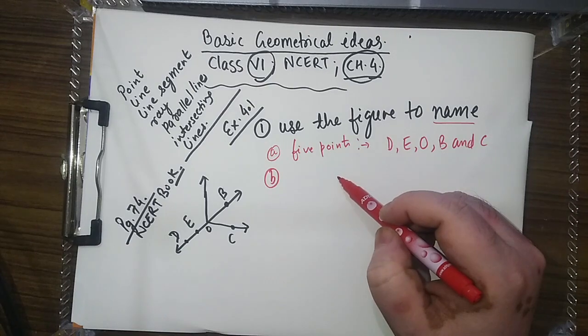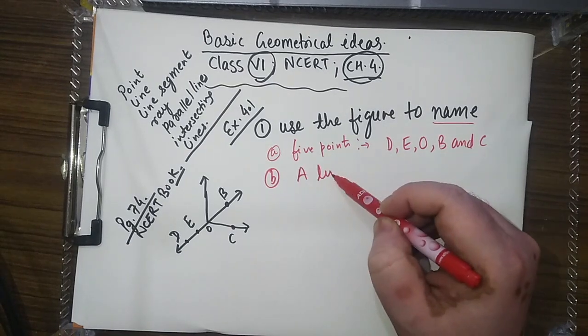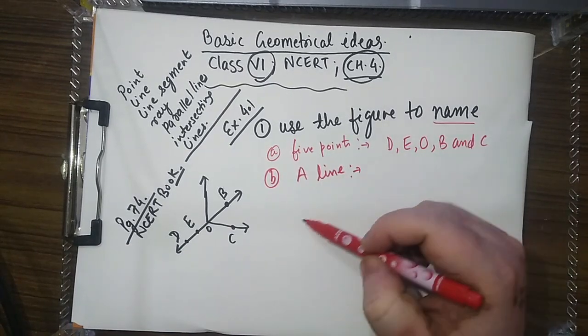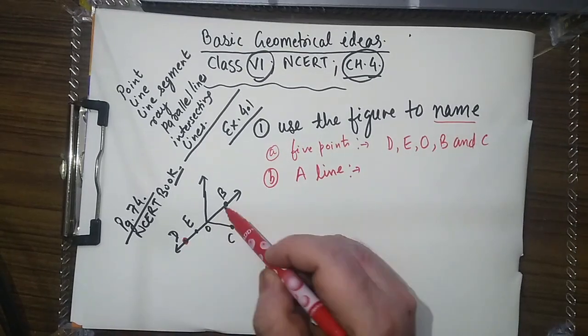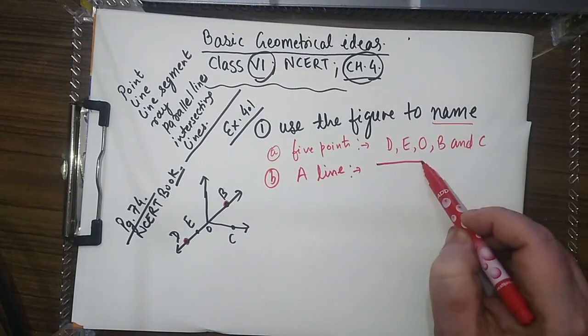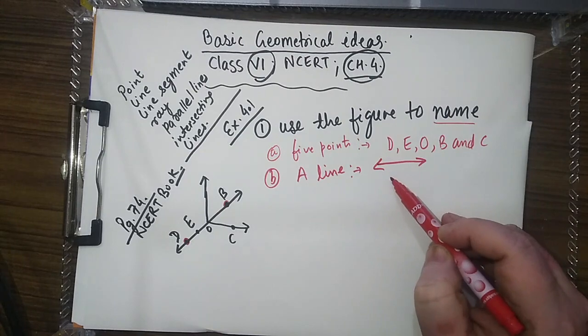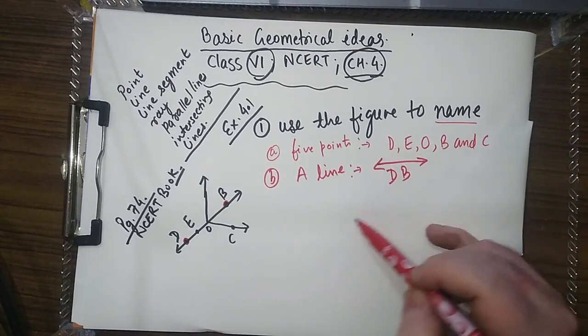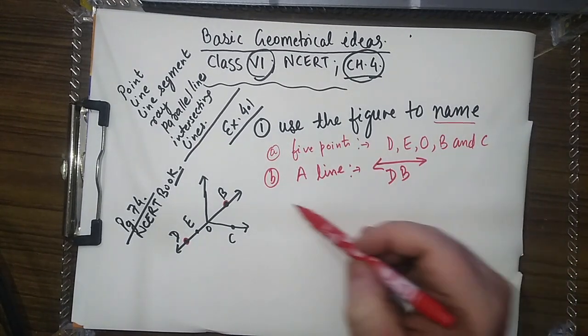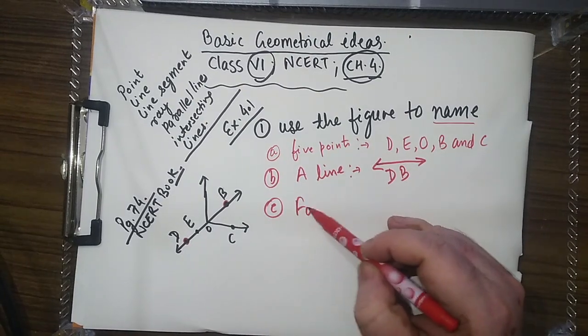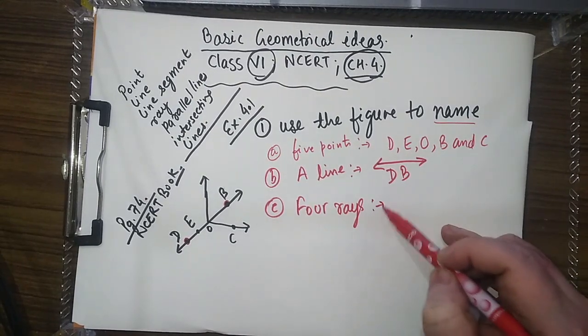Next, name a line. So the line is here: DB is a line. So how do we write a line? We write it like this: DB is a line. Next is C, 4 rays. 4 rays will be